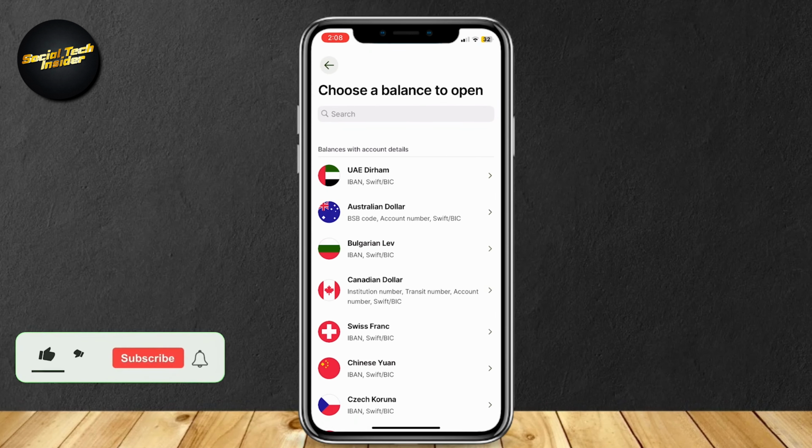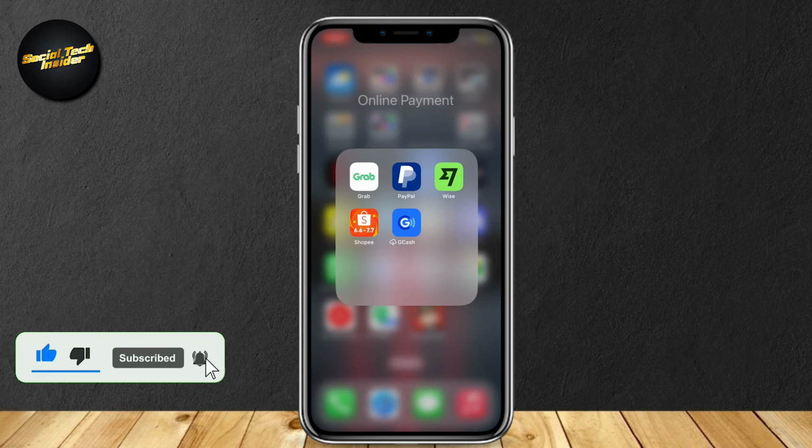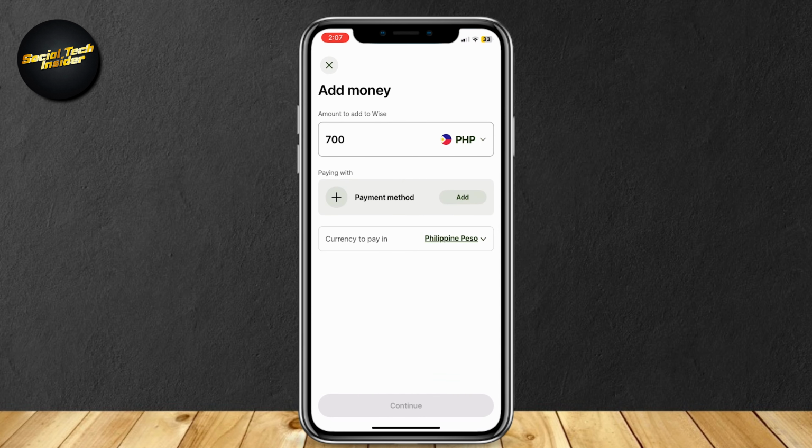So this is how you can add your bank in Wise. I'm gonna go ahead and open up the Wise app, and here we are. As you can see, there's this add money button at the top. Simply tap on that, and now you can go on ahead and add a payment method in your add money